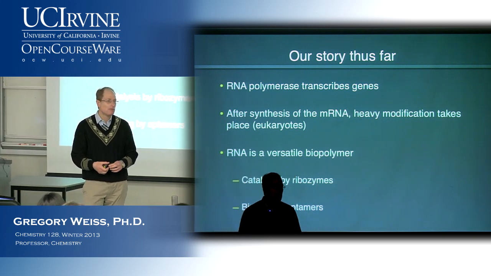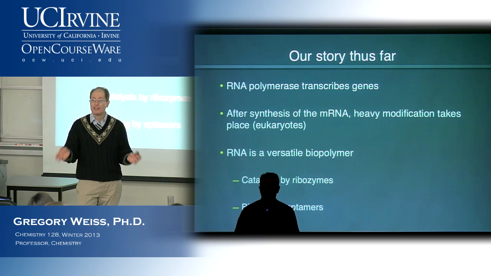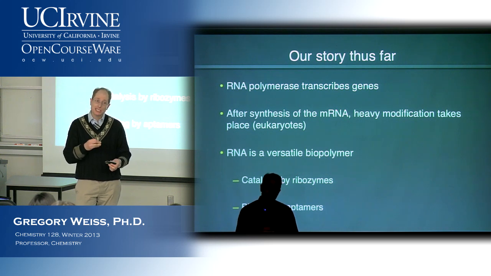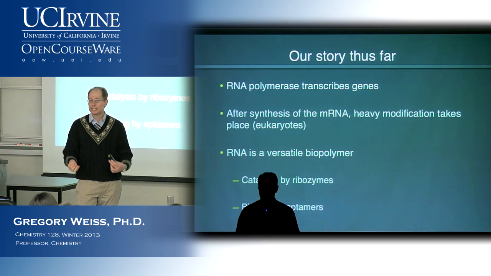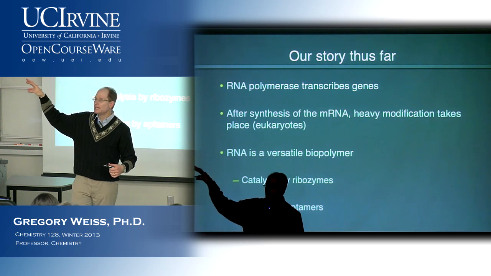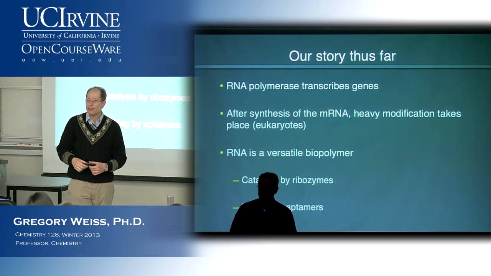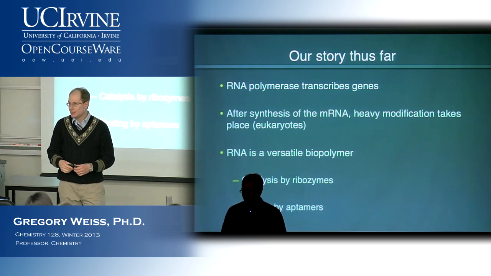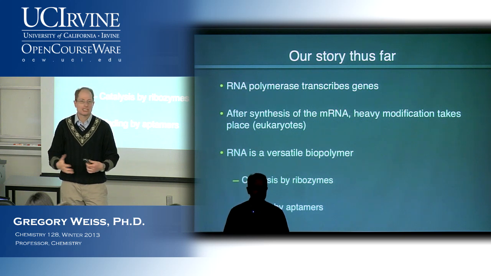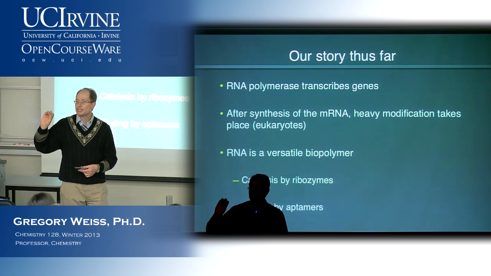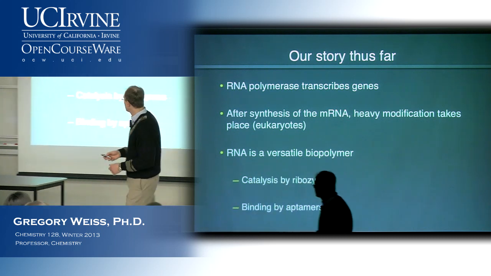For that matter, after synthesis of RNA, there are other covalent modifications taking place on the RNA. We saw an example of that in transfer RNAs, tRNAs, that are synthesized and have modifications to their bases. Those modifications, as we saw, have important functional consequences in determining the specificity of the amino acid that's appended to the 3' end of the tRNA. We talked a little bit about how aminoacyl tRNA synthetase reads those modifications out. It reads out the anticodon, and in the end, the correct amino acid is appended to the correct tRNA.